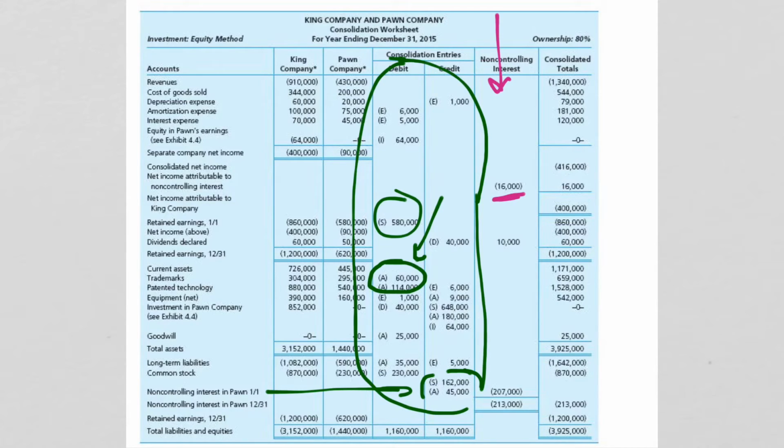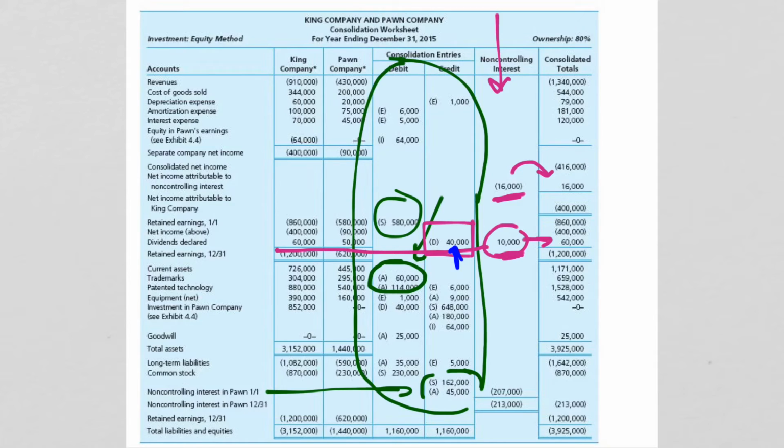What is the non-controlling interest share of income? What is the non-controlling interest share of dividends? That's what goes here, and that's what balances out this line such that we wind up with the 60. Since the D entry only takes into account the controlling interest share of dividends, take a look at the D entry and you'll see that the way it is done, it only takes into account the $40,000, whereas the A and the S entry take into account